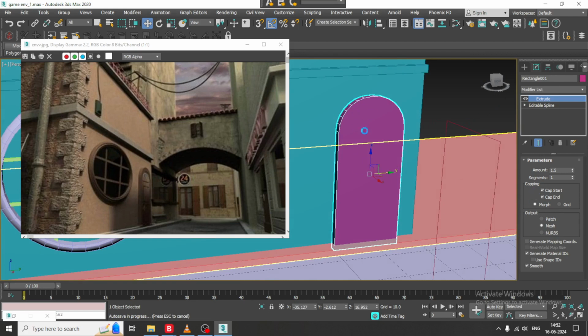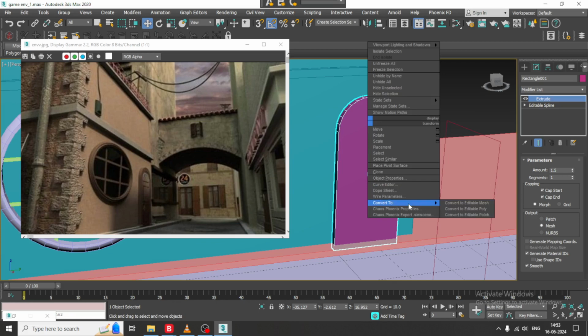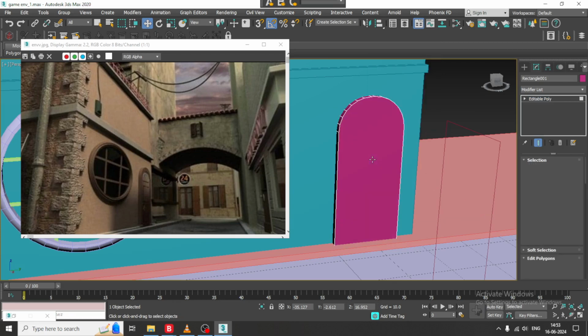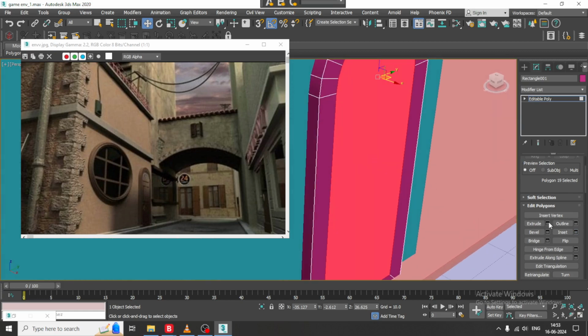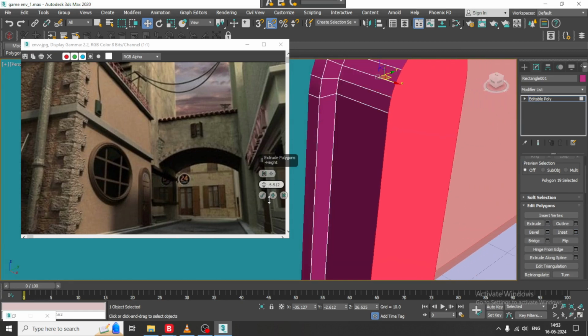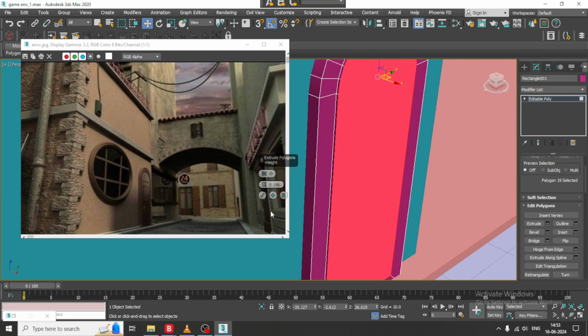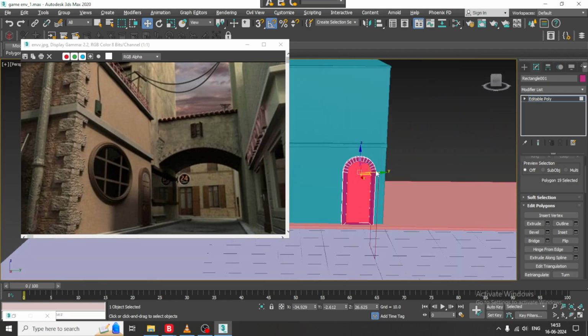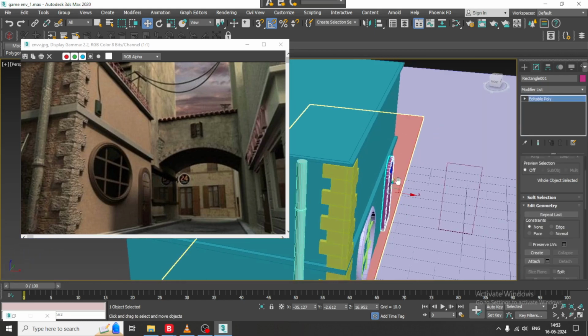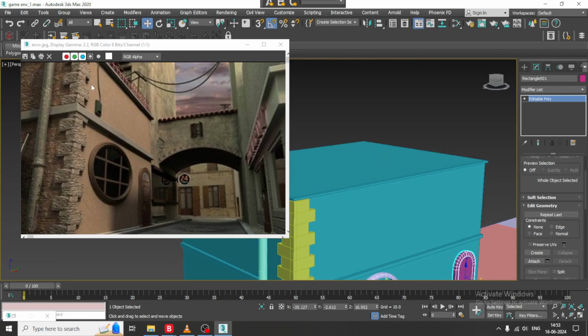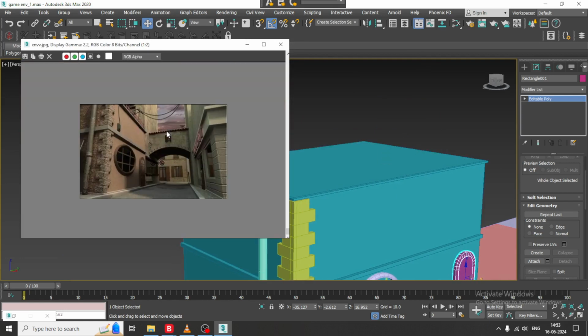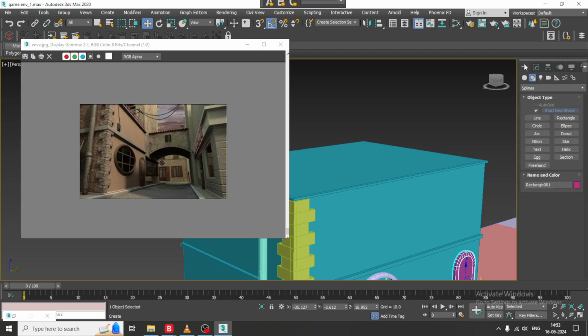So let's convert to editable poly, select the polygons and I'll add a bit of inset to it and slightly I can extrude a bit and let's click OK. Now let's go to the top. I cannot see much details over here, but we'll create